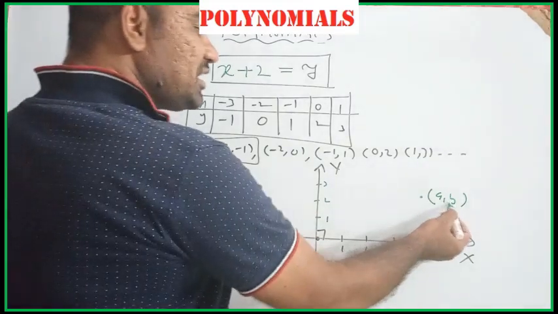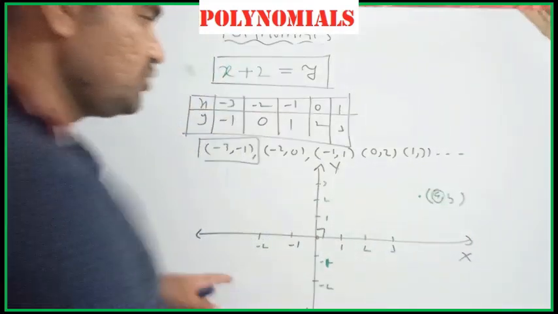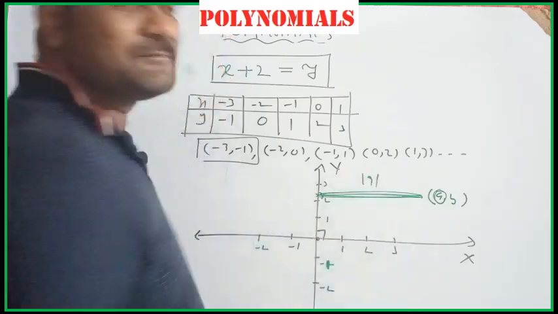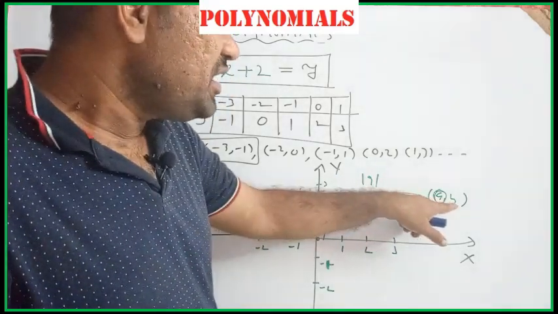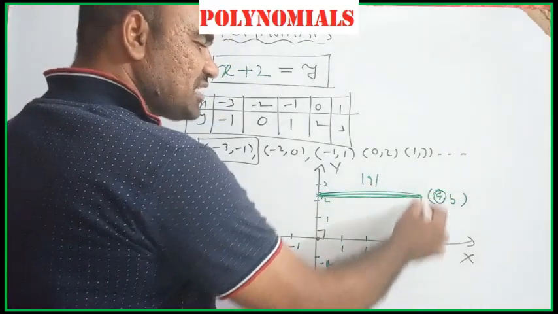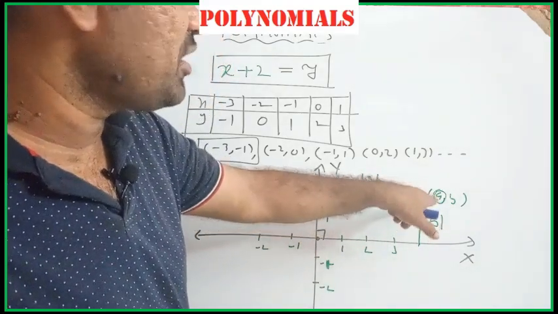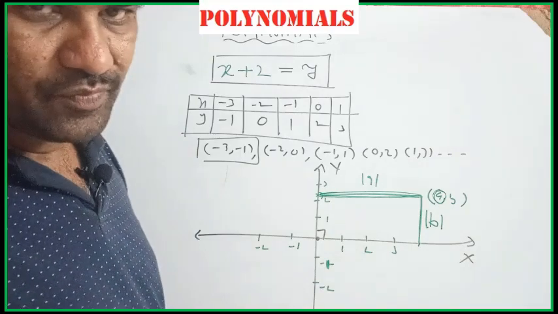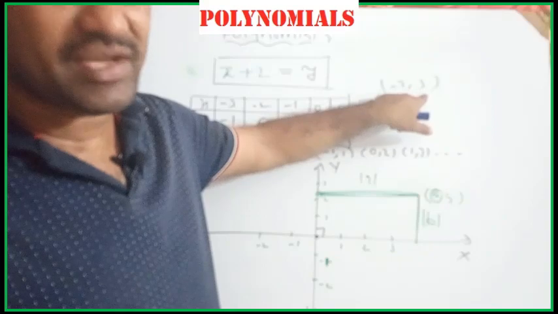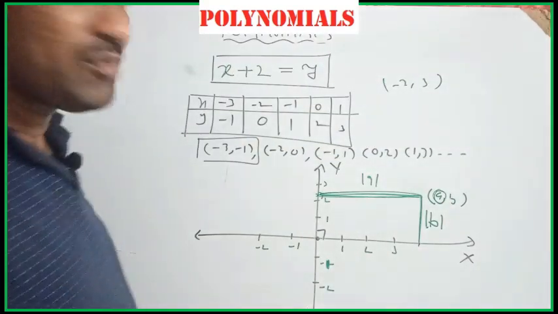So this ordered pair says that this point is a units from the y-axis. From here draw a perpendicular; the length of this line segment becomes mod a. And b says that this point is b units from the x-axis. This is mod b. Why am I saying mod? Sometimes in an ordered pair the components may be negative. For example, (minus 2, 3) is given. So you can say 2 units from the y-axis and 3 units from the x-axis, but this is the left-hand side of the y-axis. That is not a big problem.